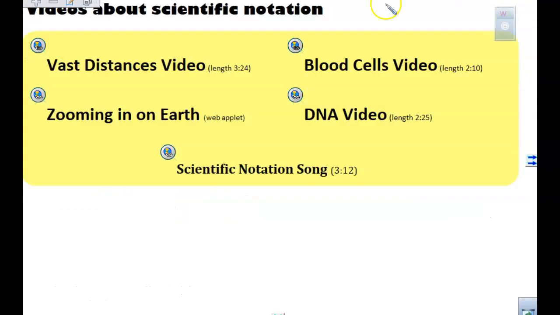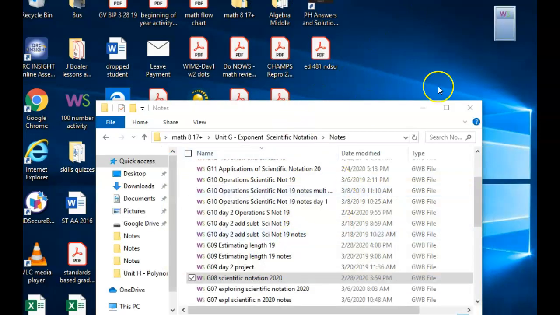So as you are looking, these are attached to the daily planner too. You can take a look at those. Make sure